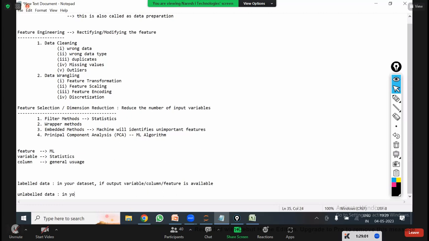In your data set, if no output variable is available, or simply if output variable is not available,